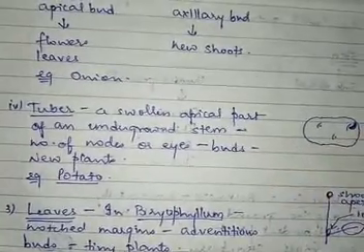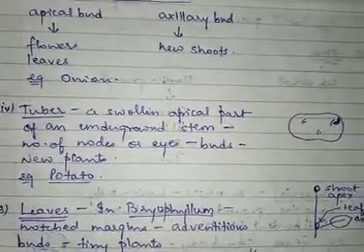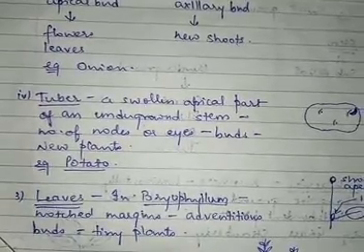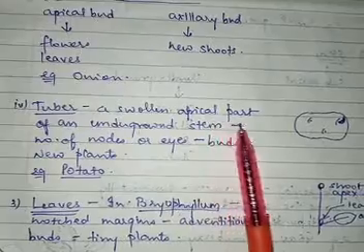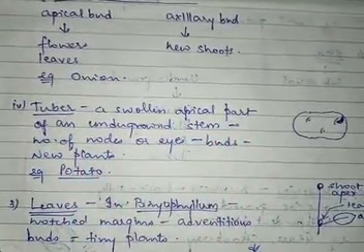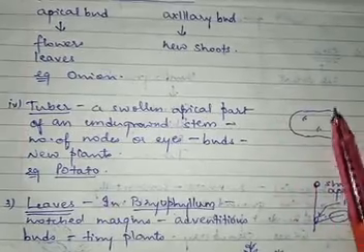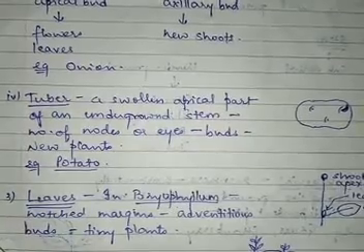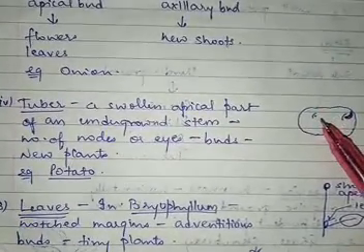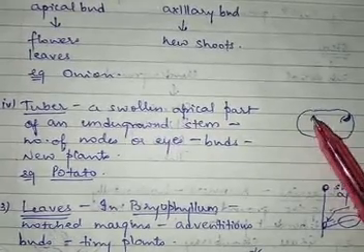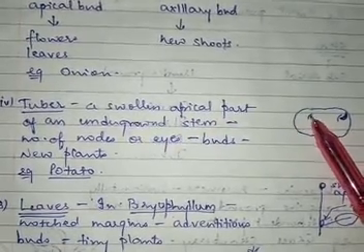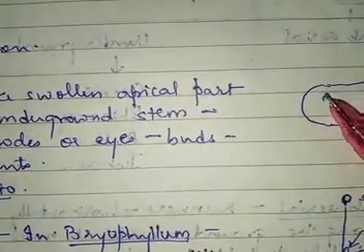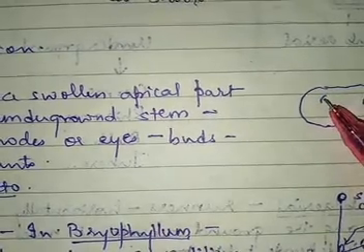Next is tuber. Okay, we are talking here about the potato tuber. Tuber is also a type of underground stem. So what is tuber? A swollen apical part of the underground stem is called as tuber, and here we are having the example of the potato. If you have seen the potato very carefully, you must have noted that on the potato there are eye-like structures present. Basically they are the node with the bud. Here this seed shaped structure is the node and this dot is the bud.